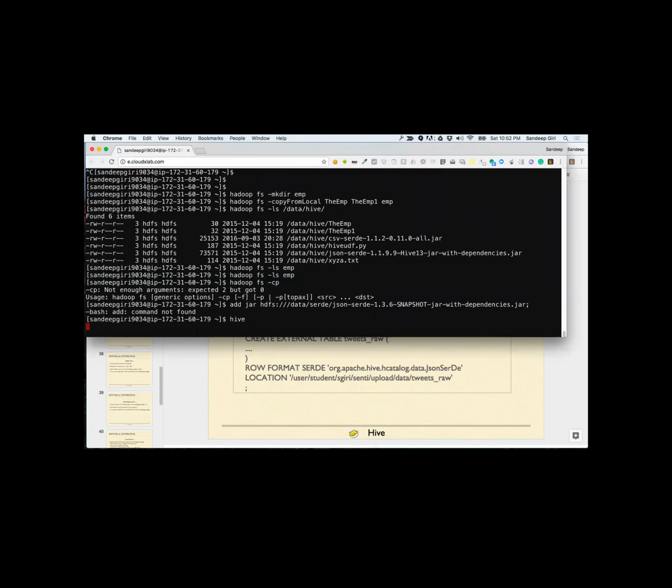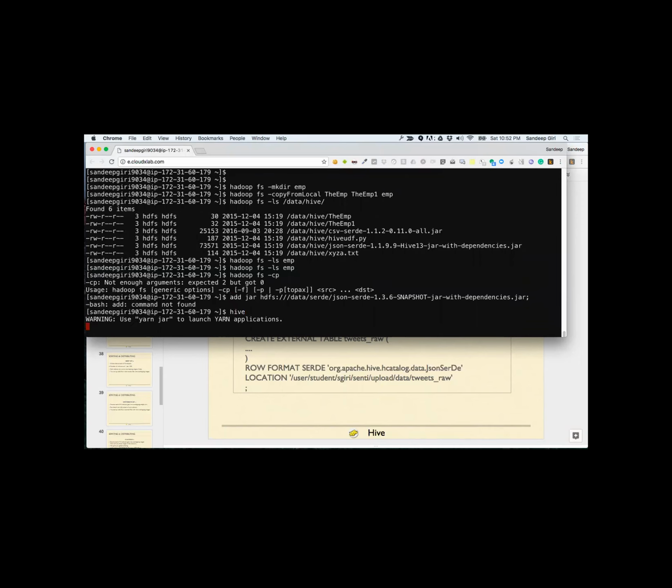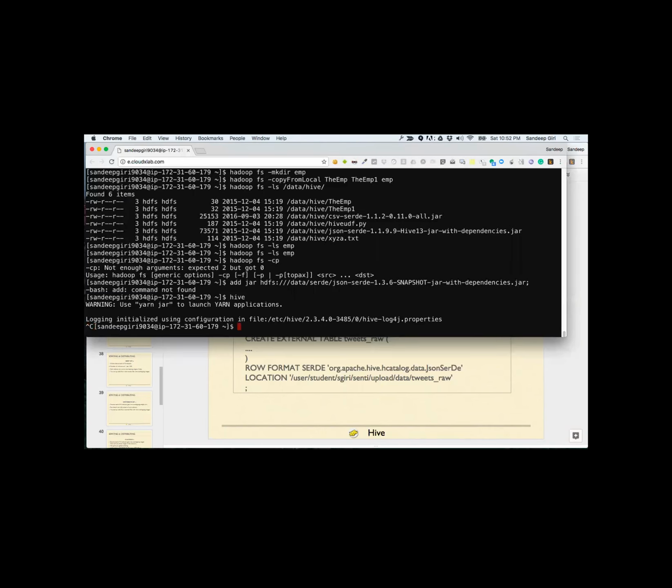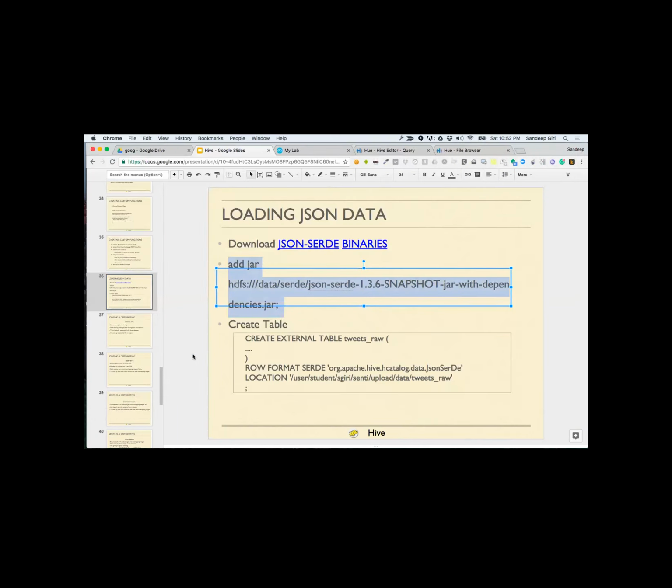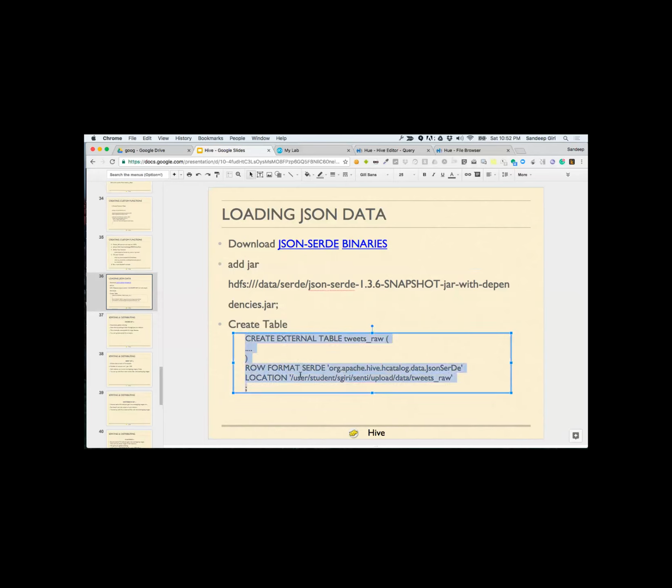Inside Hive, you can try it out at your own time. First you have to say add jar and give the absolute location of the jar in the HDFS, and please pay attention to the 3 slashes. Once that is done, you create your table, and then you say row format SerDe this.